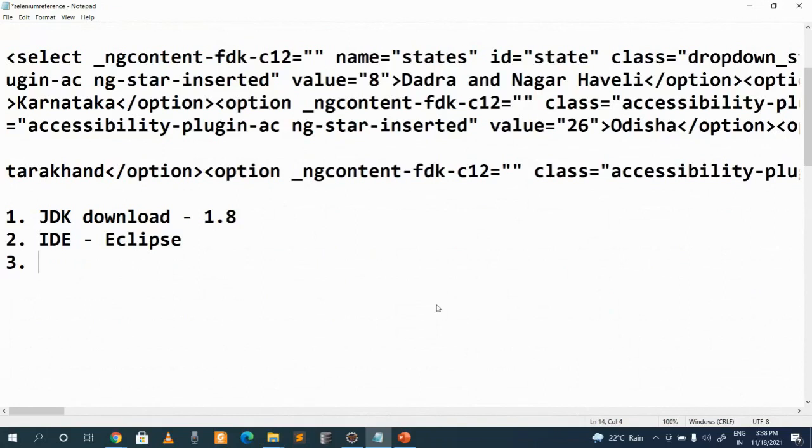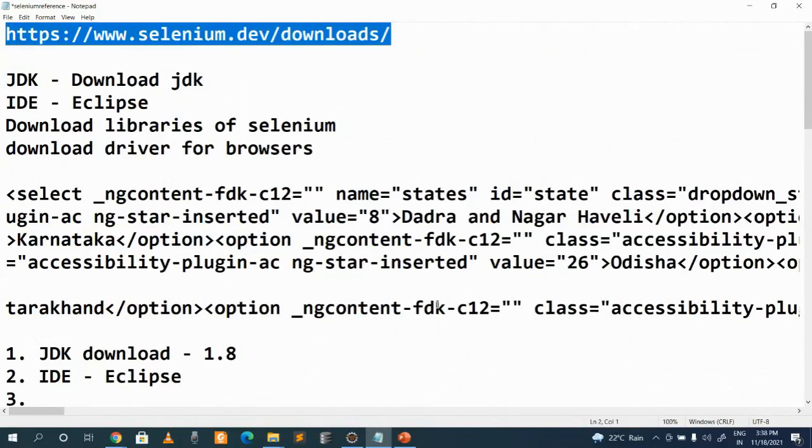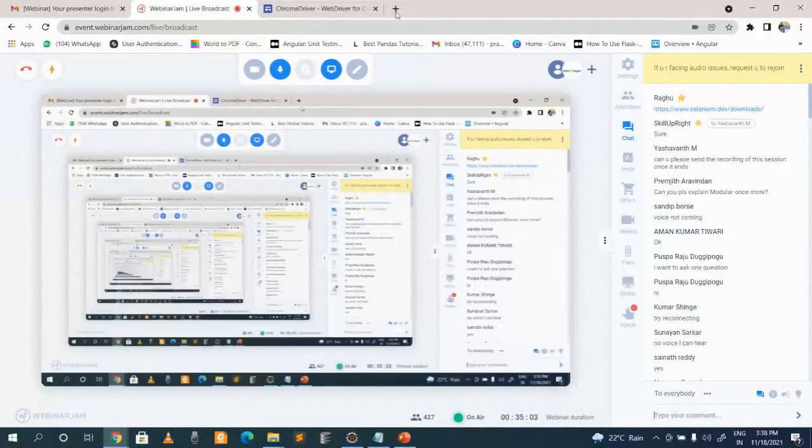And then we need the Selenium software, depending on whether you are using Java, C++, or C# and so on. This is the website where you can go and download the Selenium software: selenium.dev/downloads. So if we go there,